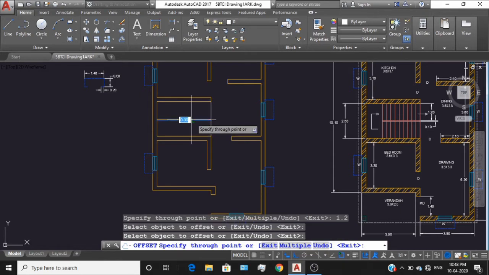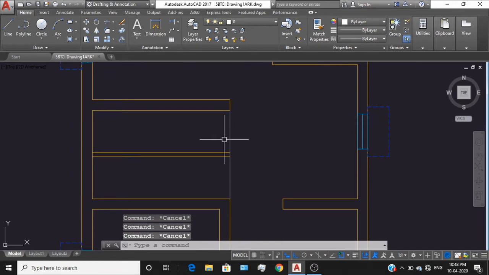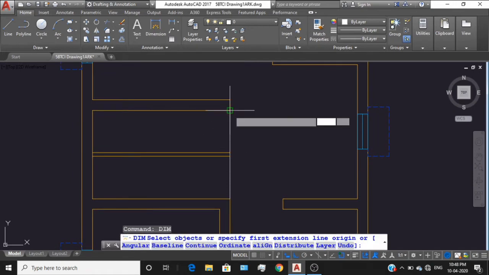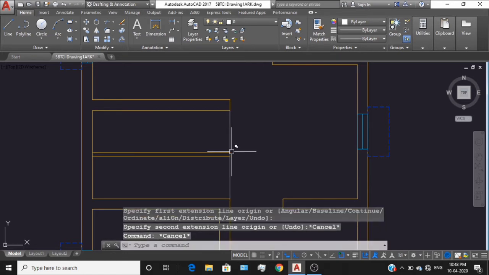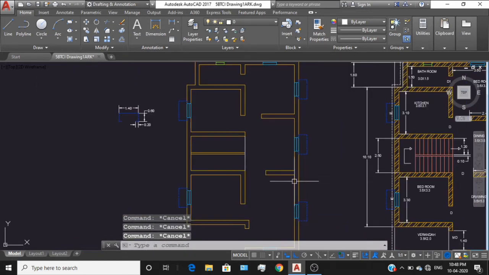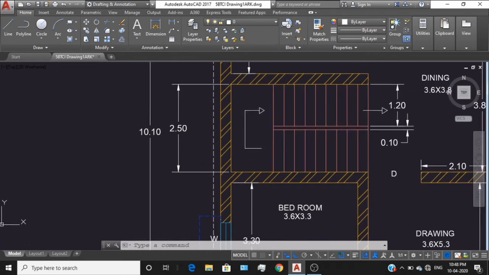Again I will take 0.1, enter. Now just to verify, DIM, I'll check this side also 1.2. Yeah, it's correct. Now it depends on you the width of the treads and risers.